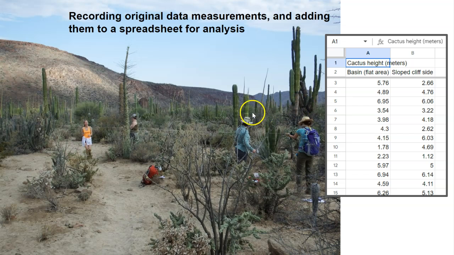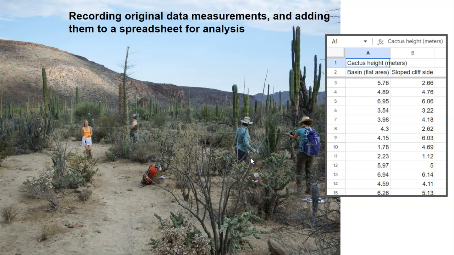So you go out and you do the hard work, you rope off or measure your quadrats, and then you measure the height of your cacti or whatever you're interested in, and you put it into a spreadsheet format in something like Google Sheets or Excel. And you're going to enter all of the data for the two different categories, or maybe you have even three groups that you're looking at. That's okay too. But you're going to record all this data, put it in a spreadsheet.